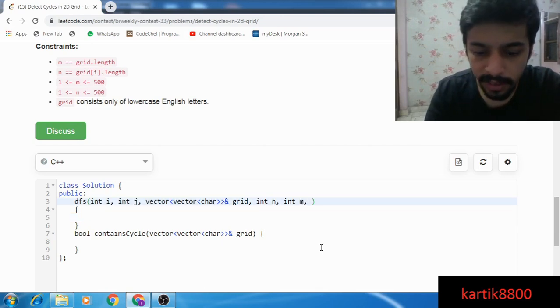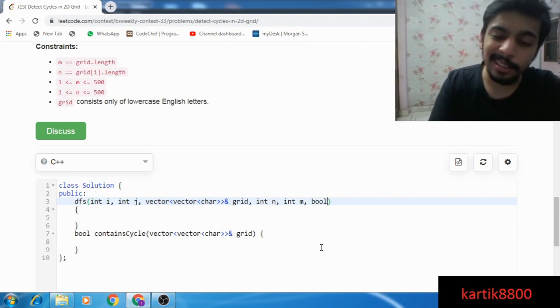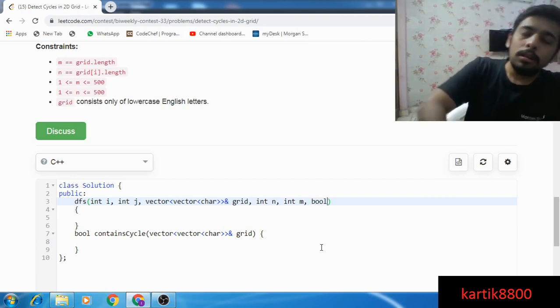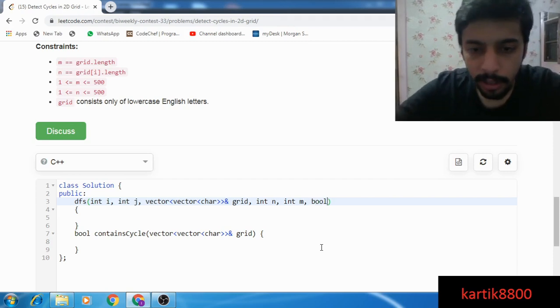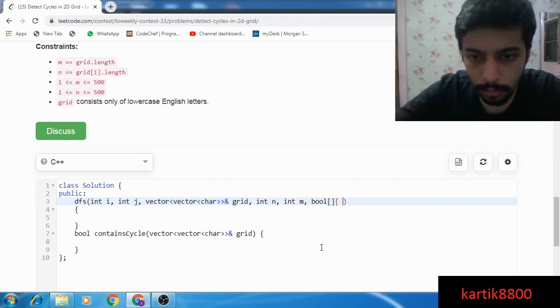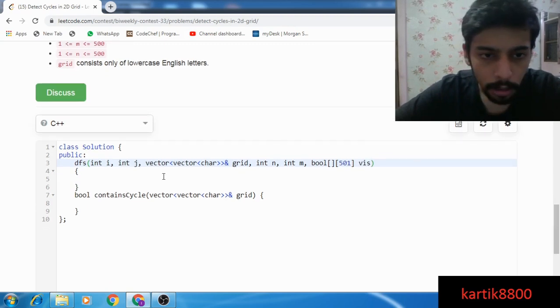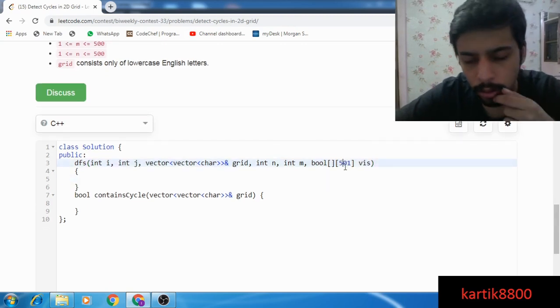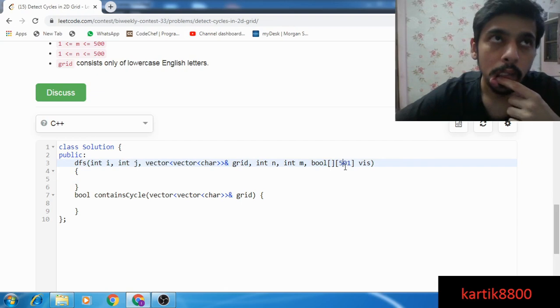Let me have a visited array also, that would tell me if a particular cell was visited in the past or not. So it's a 2D array again for visited also. Should this be 500?